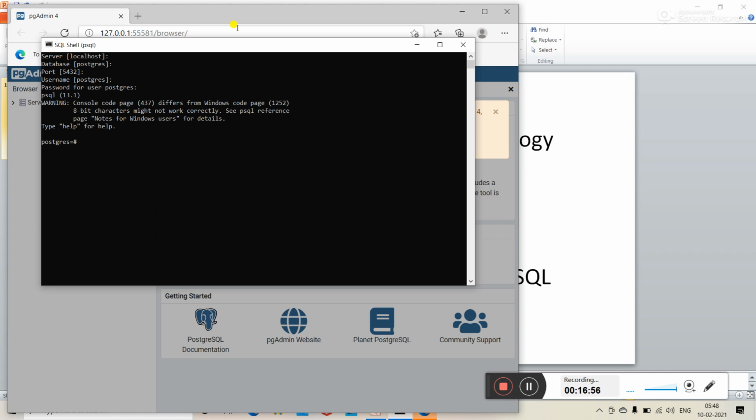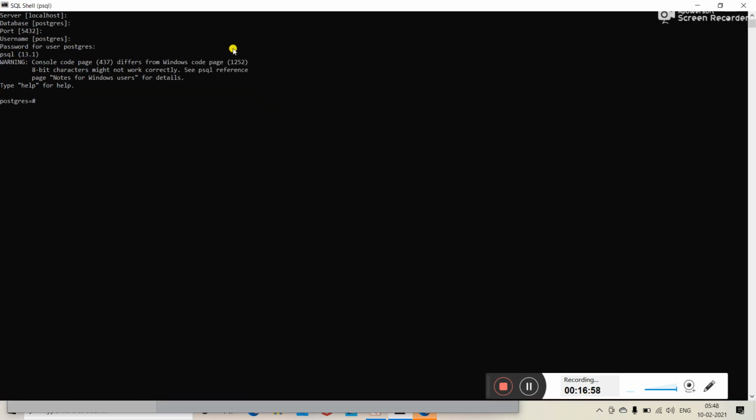Okay, you will get this page. This is the main page of PSQL, where you can see the default database name is Postgres. This is the default database name. That means you have successfully installed the PSQL and you have started it successfully. Okay, so here you need to write your commands to create the database, to create the table, to insert the record.